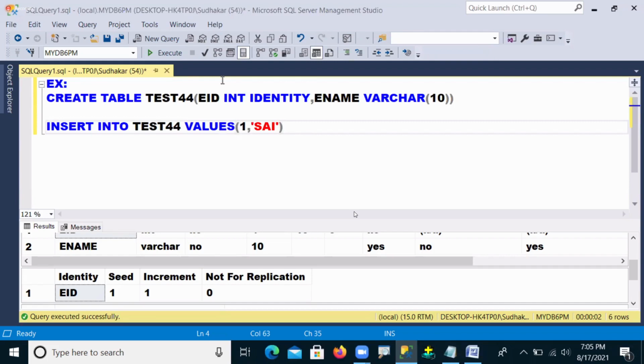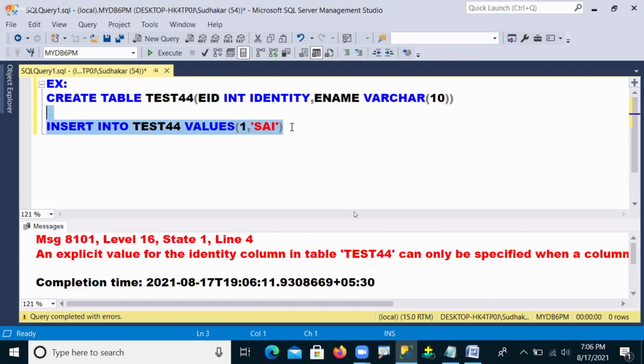After we applied the identity facility, the user still tries to insert a value for the EID column. That means the user is manually inserting a value for the identity column. Let's see what happened. It gives an error message.